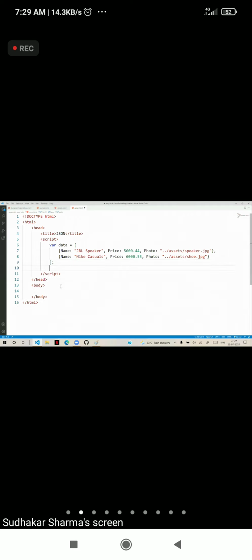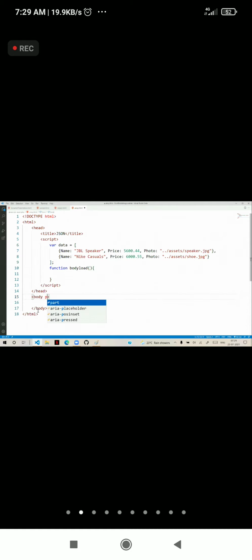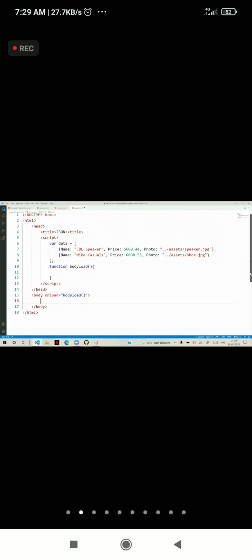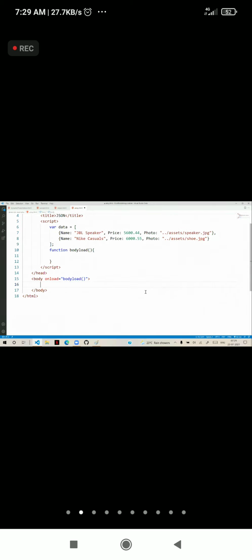So we will write a function, bodyLoad. This will fire when the body loads. So onload is equal to bodyLoad. On body load, we will create a table.